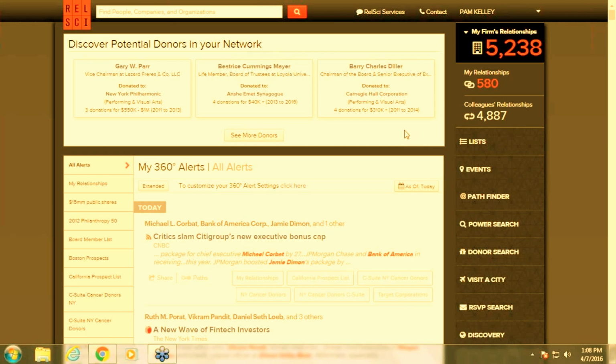Additionally, you will not see contact information in the platform. The idea is that you load in your contacts, and these are people that you have in your personal Rolodex that you feel comfortable, if you uncover an interesting access point, that you can go and call that person up the next day and say, hey, I saw that you know so-and-so, would you be willing to get that warm